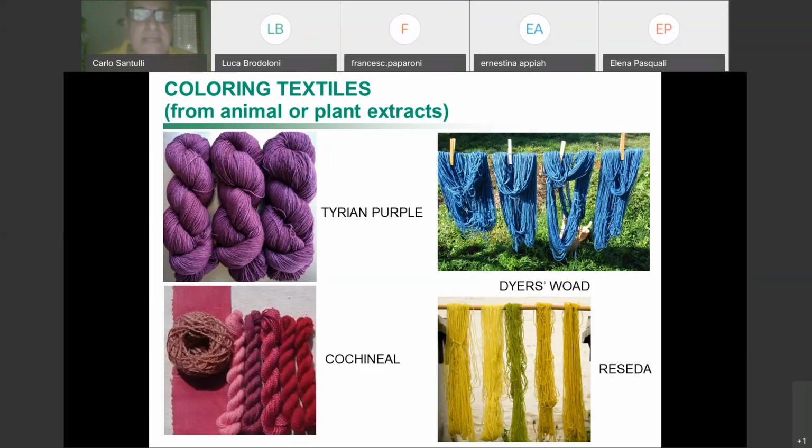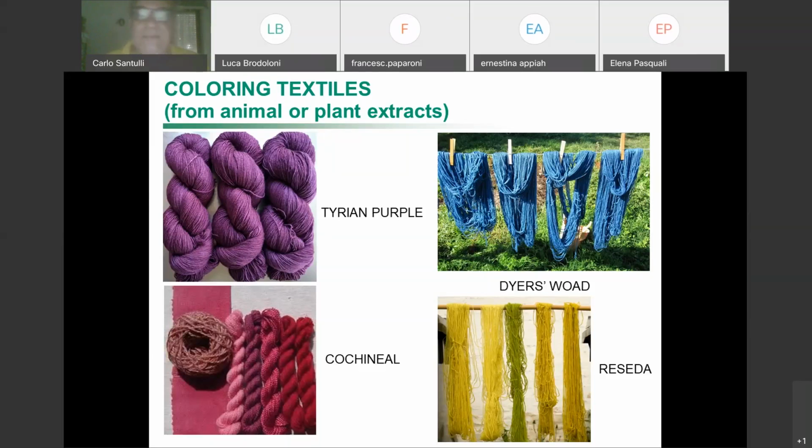But we need to focus on the fact that there might be natural options, not just because we love the environment, but also because we want to protect the environment, and because we would like to have more sustainable options. Okay, so these were the options that were available a few thousand years ago. Some of these are still used now.